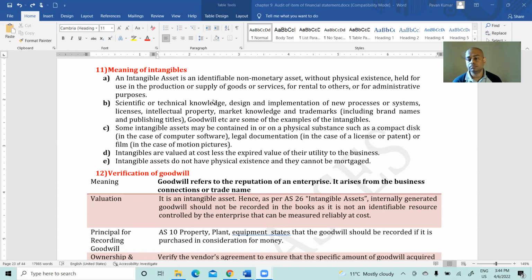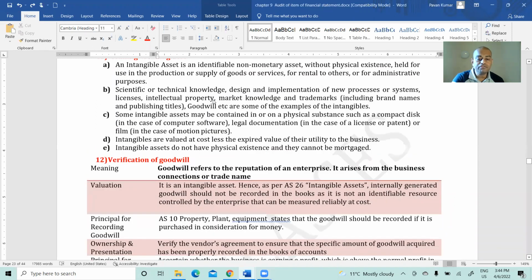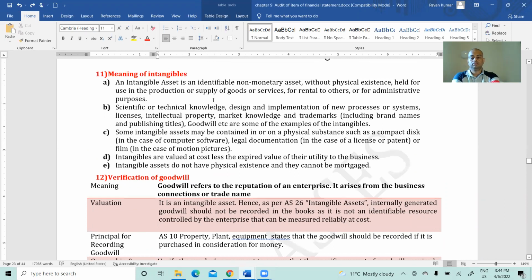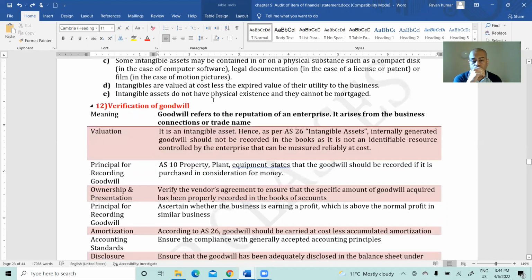You understand? So I asked you to read 11 to 15. Did you do that? Sandeep, did you do 11 to 15? 11 to 14, then sir, 15 was about to read. Okay, 11, 12, 13, 14, you read? Yes. Anything you couldn't understand? Any doubt? No, sir. You understand goodwill? Yes.